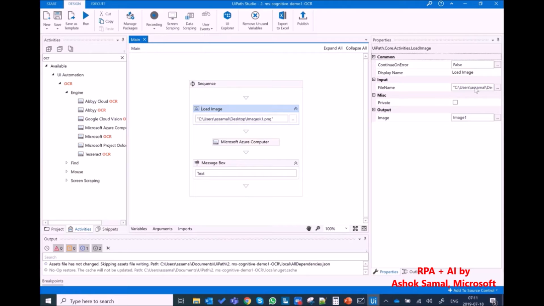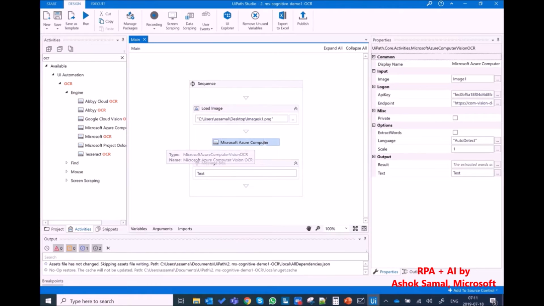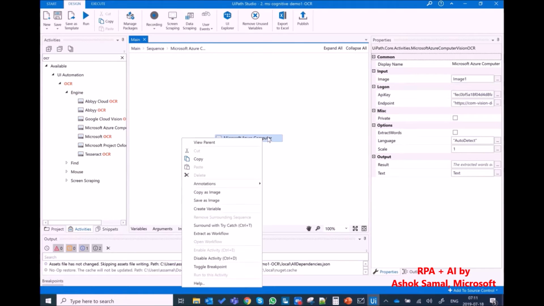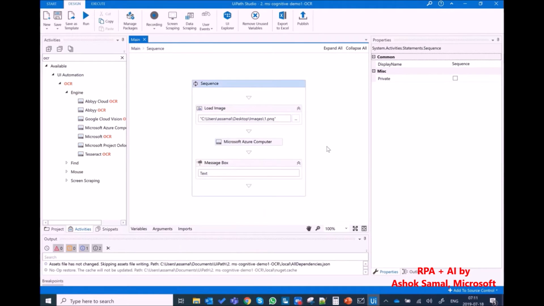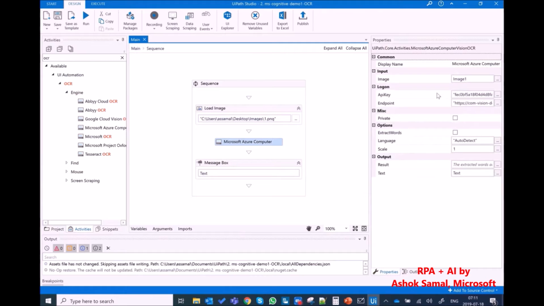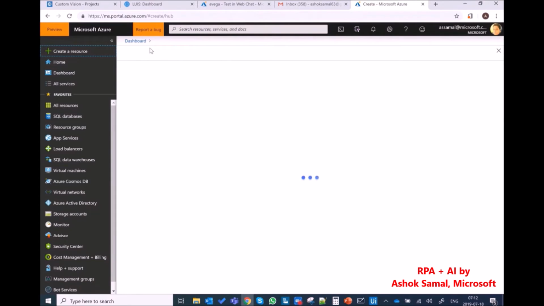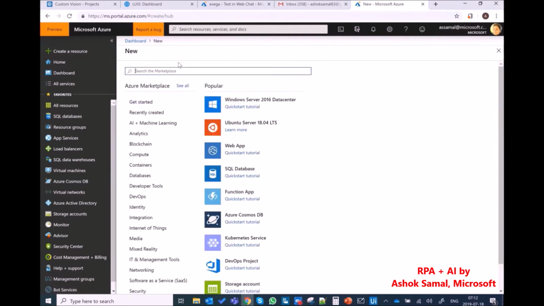So all I'm doing here is the same thing. I'm just loading an image, then I have Azure OCR. If I click on this, you see there is again an API key and an endpoint here, right? So how to get it? Again, the old procedure. You have to create a resource and just type here